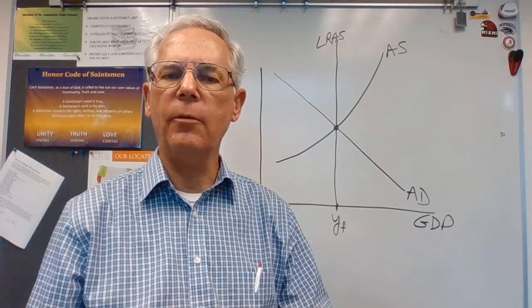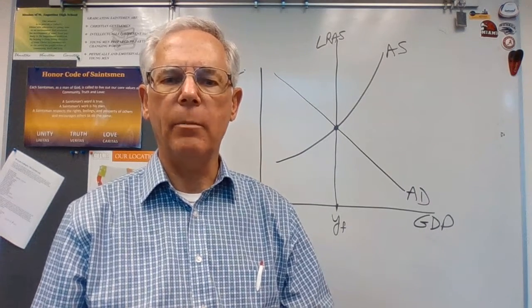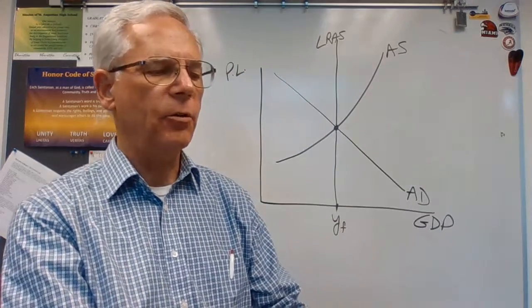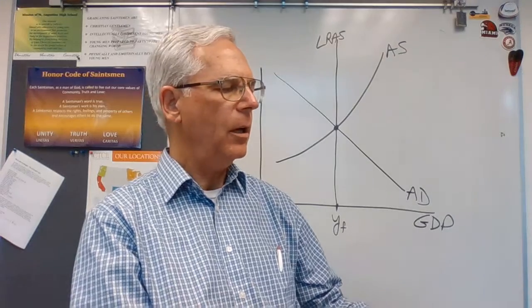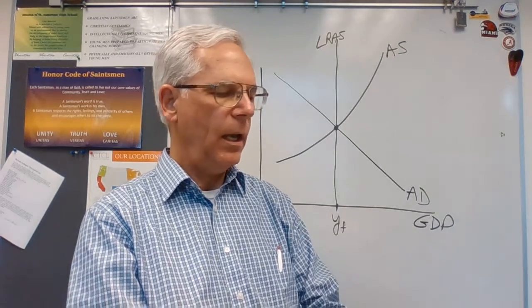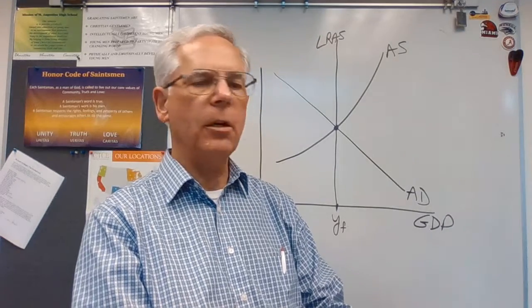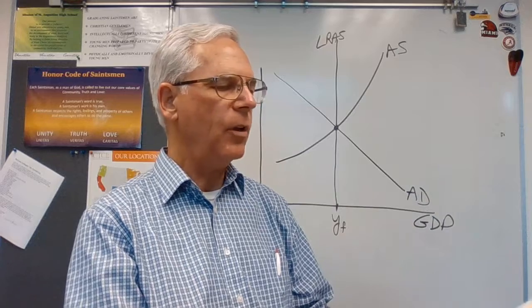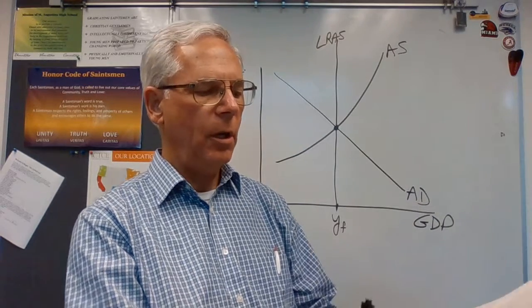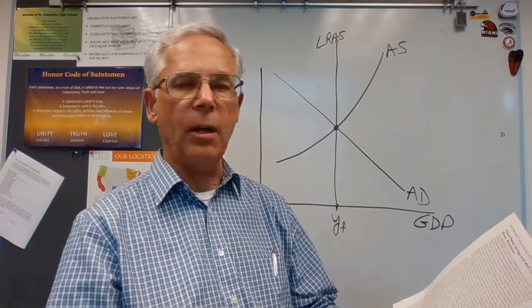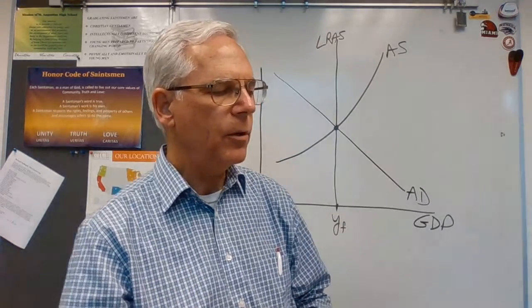Okay, so I'm going to start off by reviewing a little bit about expansionary fiscal policy and contractionary fiscal policy. So just basically a review of what we've done in the earlier videos. And also we'll talk a little bit more about built-in stability and the automatic stabilizers. And then we'll go into some of the problems, criticisms, and complications of implementing fiscal policy. So a brief review here.